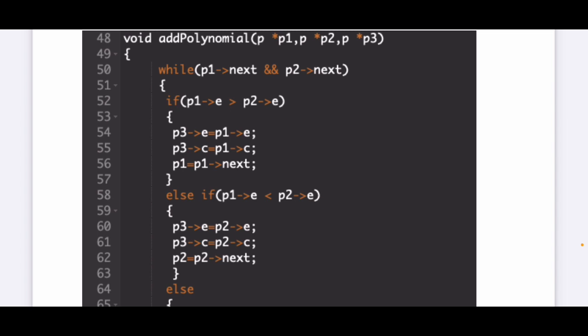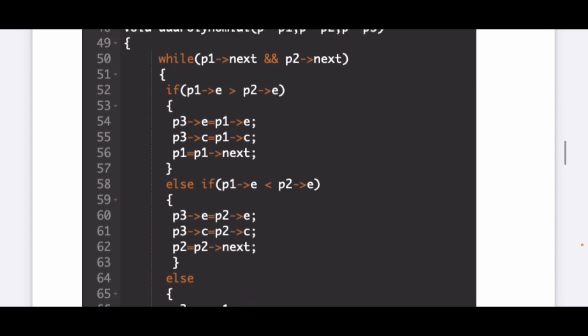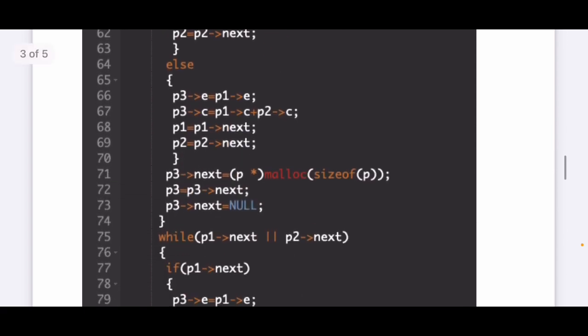Now suppose P1 of next is equal to null. This means that all the terms of P1 have been considered. But that doesn't mean it's the same for P2 always, because there might be some extra terms in P2 which don't match with P1. So in such cases, either one of them will be equal to null. So that's when this condition will come into place. So after you exit this while loop,